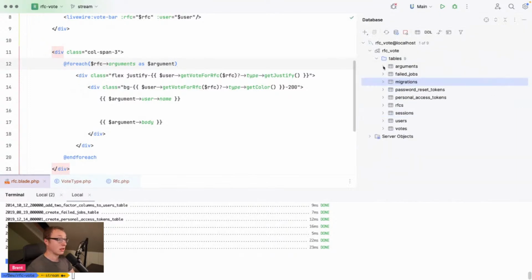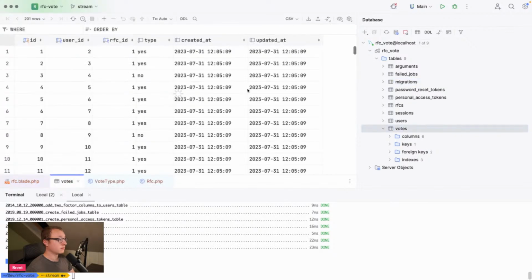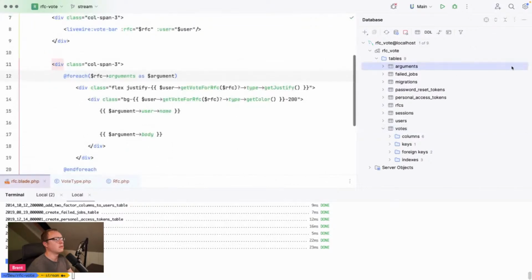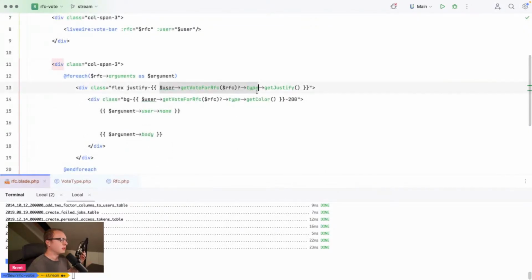I don't know. Let's take a look at our arguments. Well, the votes for no, that's not correct. Of course, that's not correct. No. Let's clean this up a little bit, because